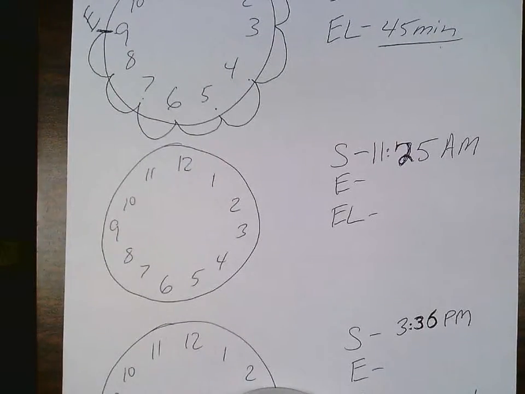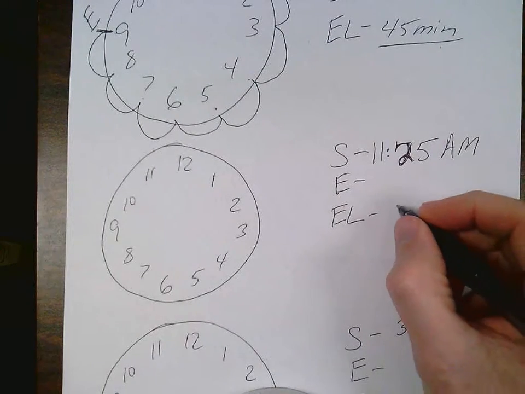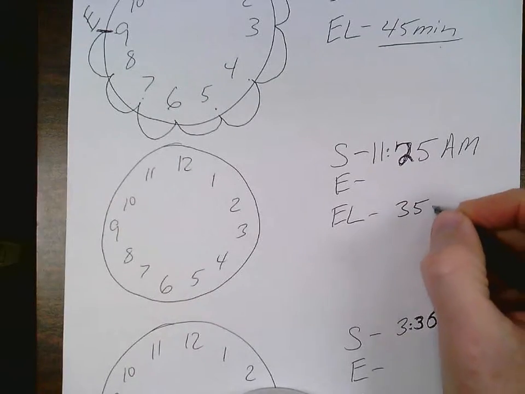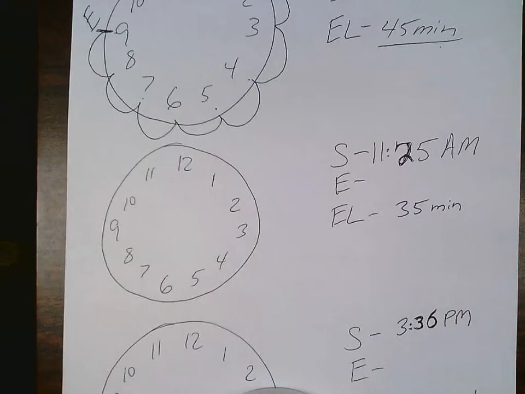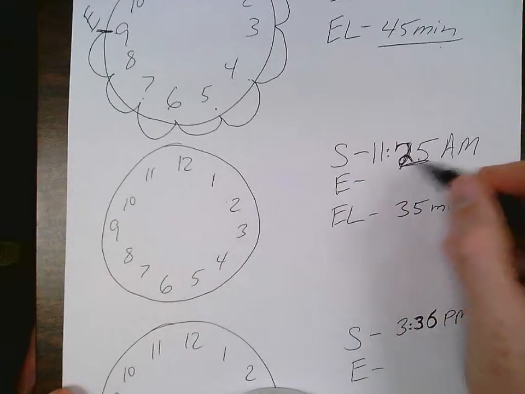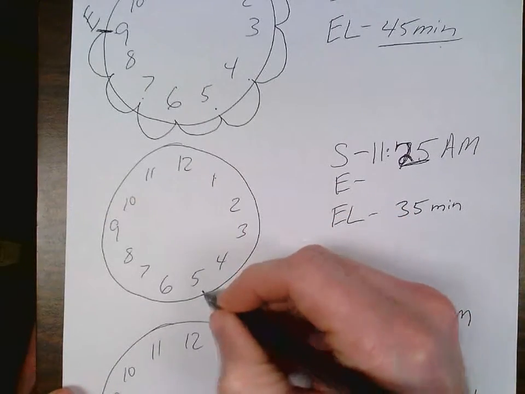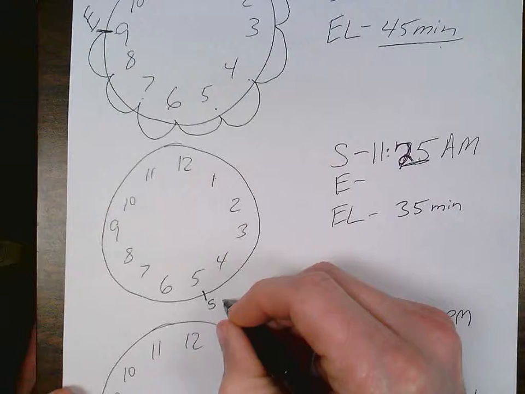Same thing with this next problem. Let's say elapsed time 35 minutes. I'm going to find the end time using the start time and the elapsed time. I'm going to add the elapsed time on to my start time. So I will start by marking down my start time minutes at 25, 5, 10, 15, 20, 25. There's my start time, which was